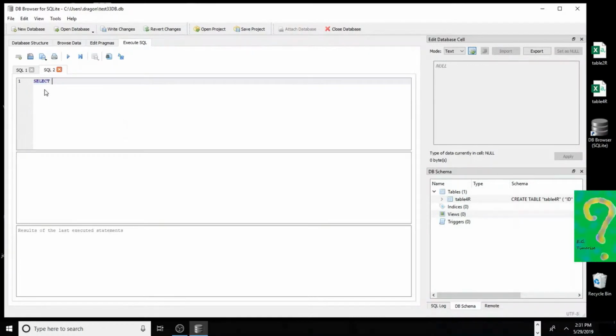So we're going to type select, and we want the ID columns from both tables. So U47 dot table1r dot ID, and then we want the other table 4r dot ID. We're only doing this because both tables have ID columns in them, so I just want to make sure the system knows that we are pulling from both. We want columns from both of those tables. And then we want BB, which is a column inside table 1R, and we want ABC, which is another column in table 4R. Now we're going to type in from